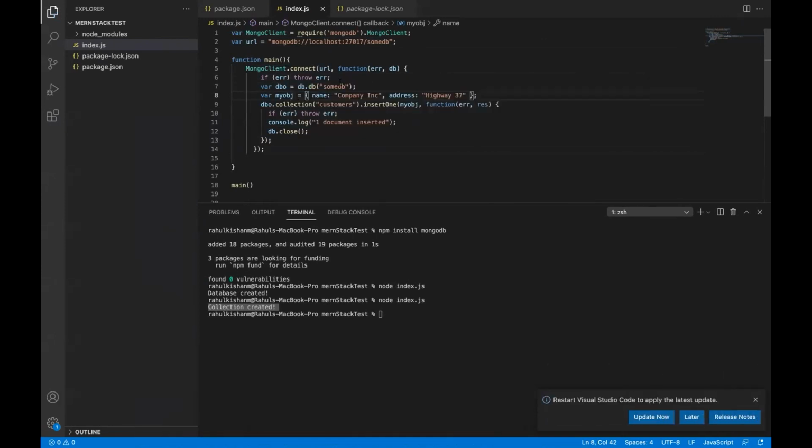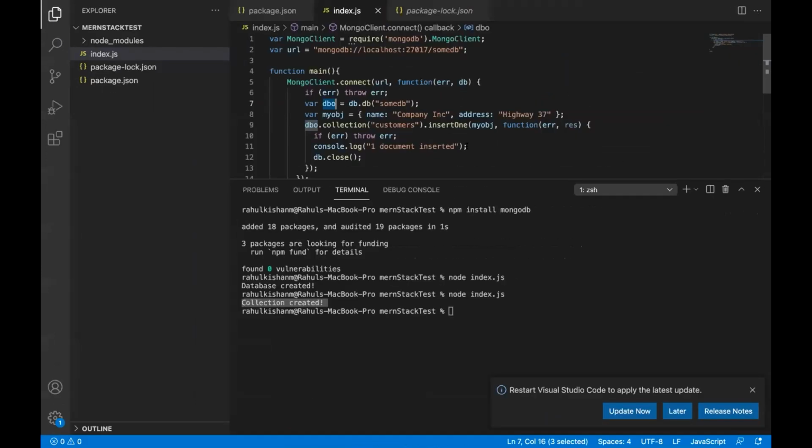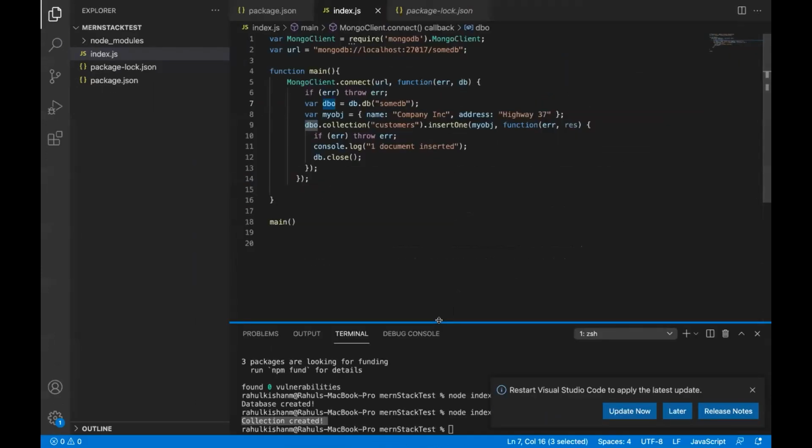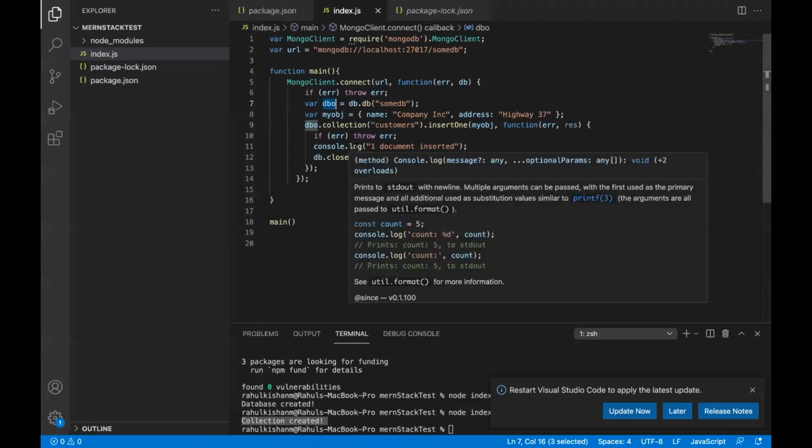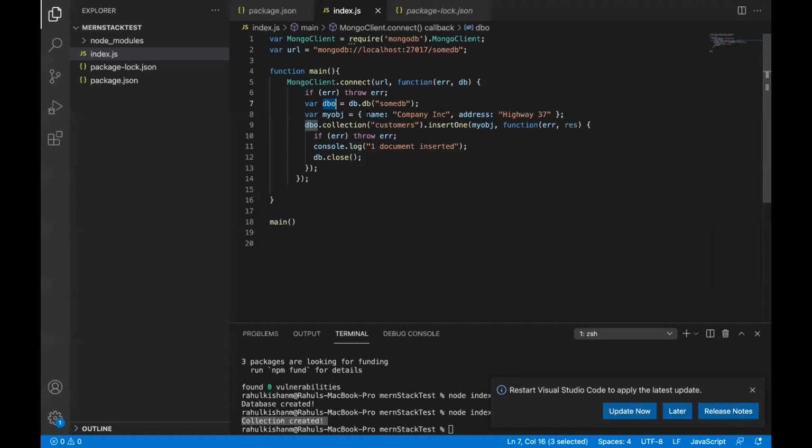It is connecting to our database and creating a database object, and then with the database object we are inserting a document. We can have anything, like name, address, okay, or